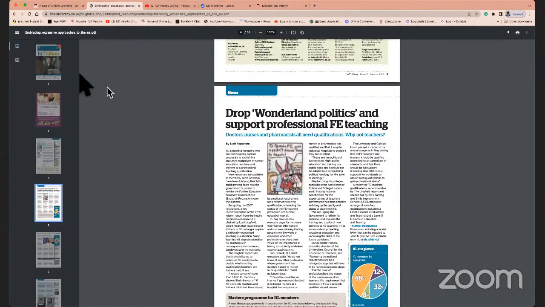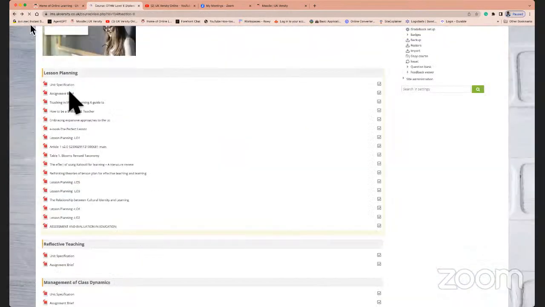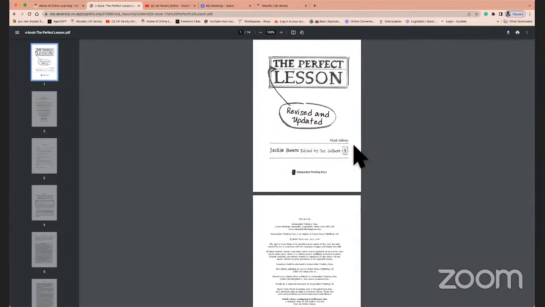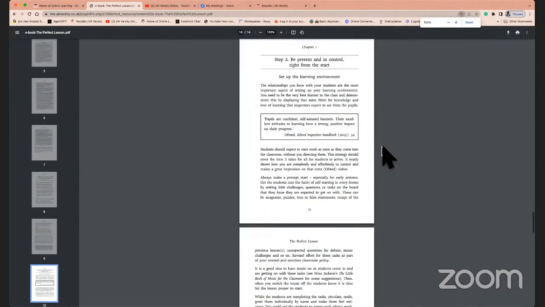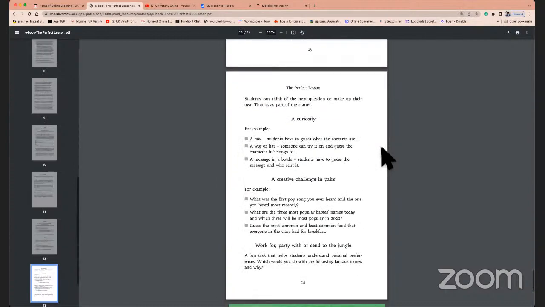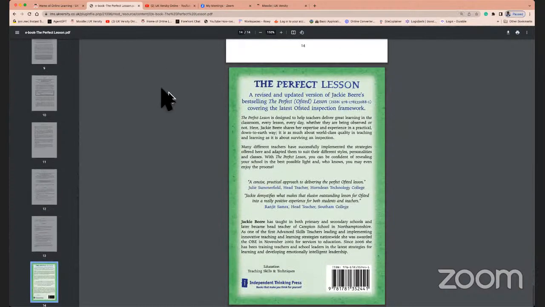Some of these are magazines published by ETF, which is the Education and Training Foundation in the UK. And some of them tend to be academic books, which are traditional books recommended, and then articles and journals, which are basically going to give you summarized content and format of a particular topic related to the learning outcome that you're studying. Now, sometimes these books, as you would see, take time to load because they are quite heavy in size, because these are electronic versions that we bought, and they should be fully visible and accessible to you for your own purposes of reading and learning.